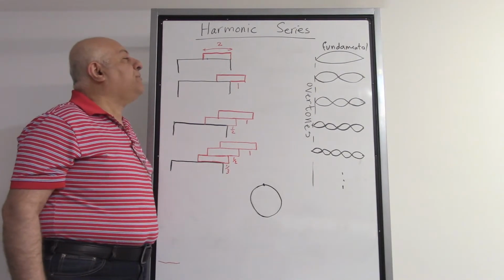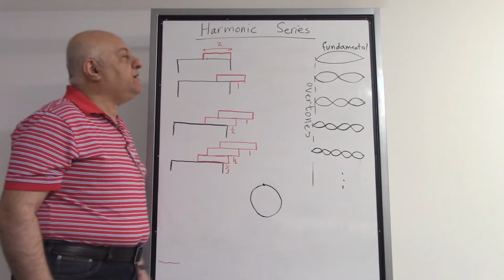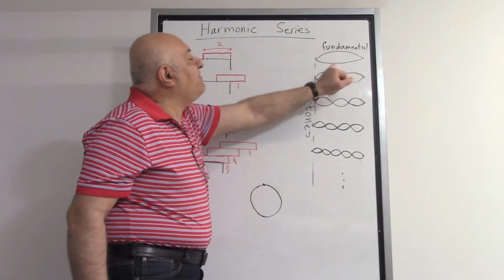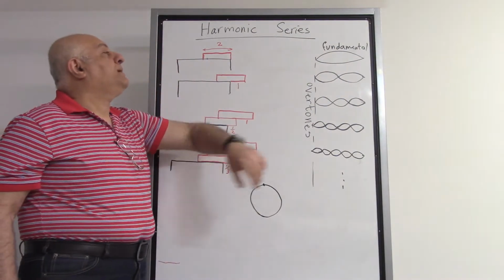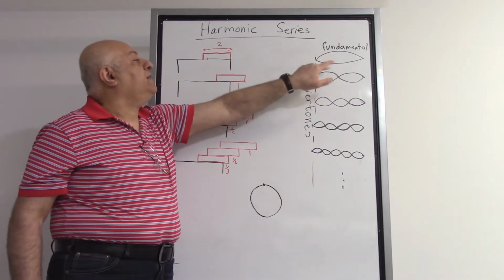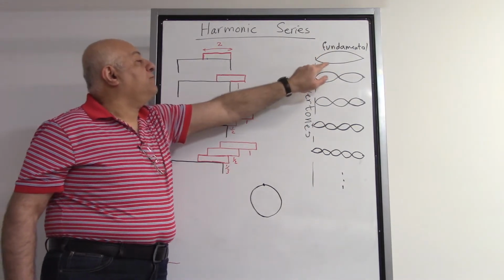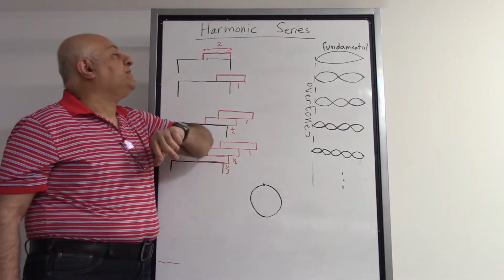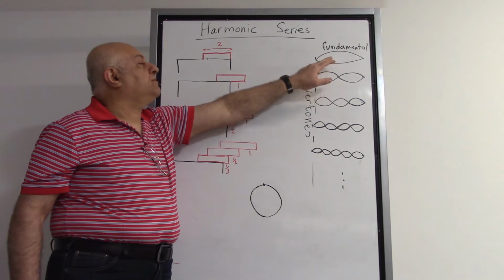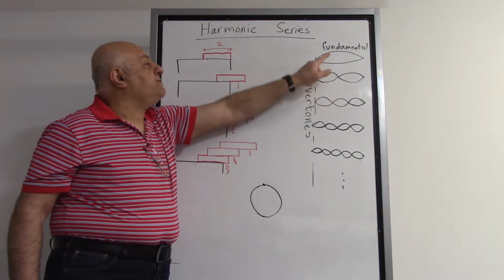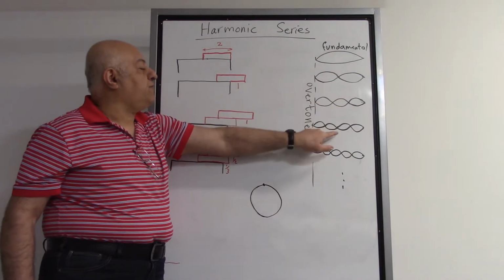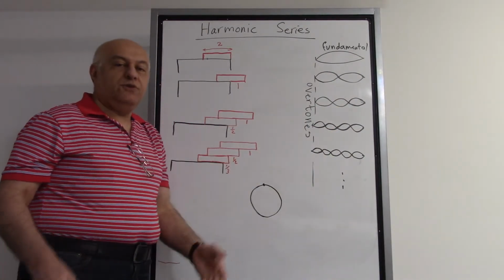Let's say, for example, if it is some string instrument and this is the wave that is created because of hitting a string, not only a sound with this wavelength is created, all different sounds with frequencies which are multiples of that, twice as big or 3 or 4 or 5, also usually are